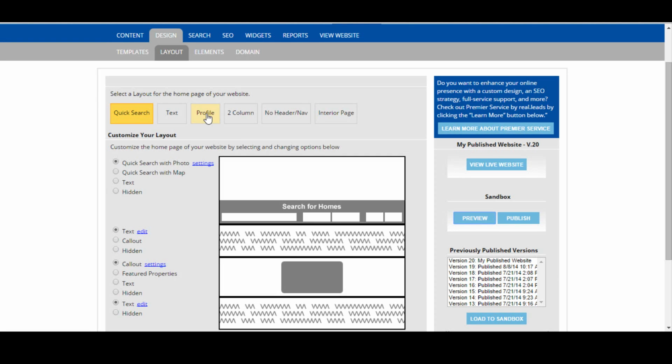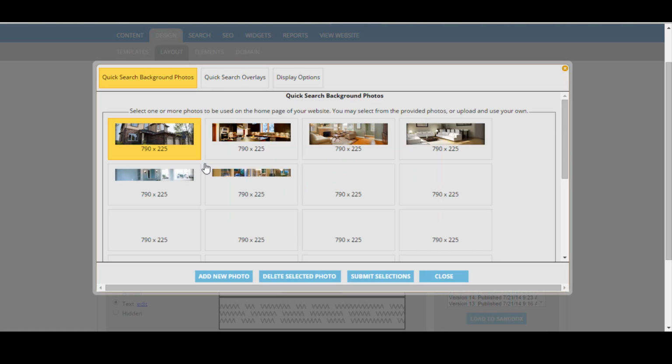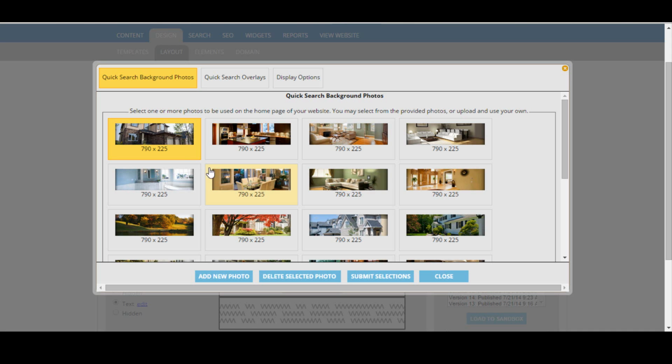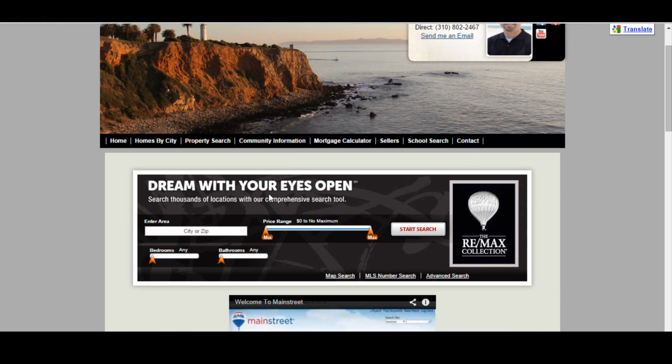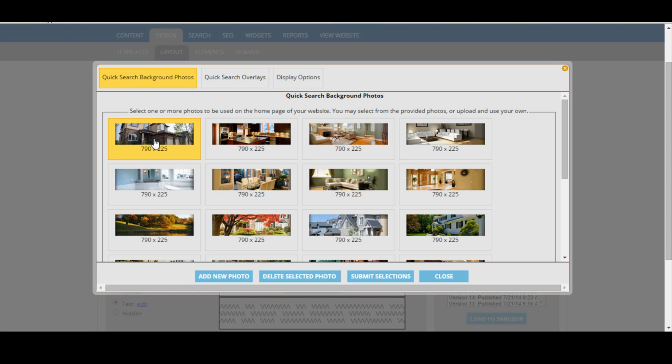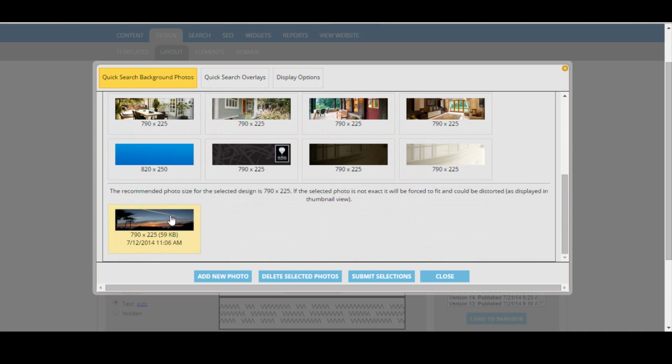Now, building out your website is very easy. If we click on settings for quick search with photo, what we're able to do is make some changes. We can add a lot of images that will be placed within our search engine. Where it says dream with your eyes open, that is the search engine, and that is where all these photos that you click on will be placed. So if I unselect that one, I can choose this image, this image, this image, this one, this one, this one, and this one. And what you can also do is come down here and upload your own photos from